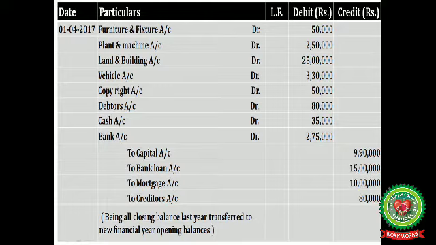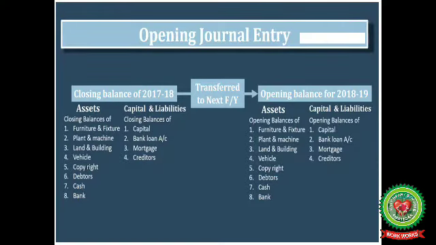Suppose if the goodwill account is given to you, capital account is also given to you, but your debit and credit side are still less. Either of the side is still showing less amount. In that case, we'll write a suspense account. Now, in opening journal entry, the closing balances of the previous year, which consist of different assets and different liabilities, are transferred to the opening balance of the next year. Suppose this is year 2020, closing balances of 2019 will be opening balances of 2020.